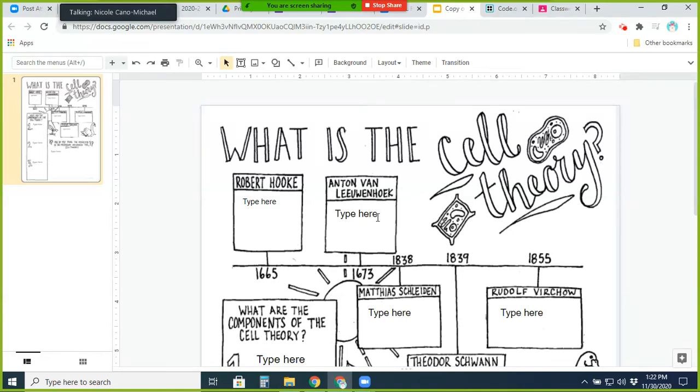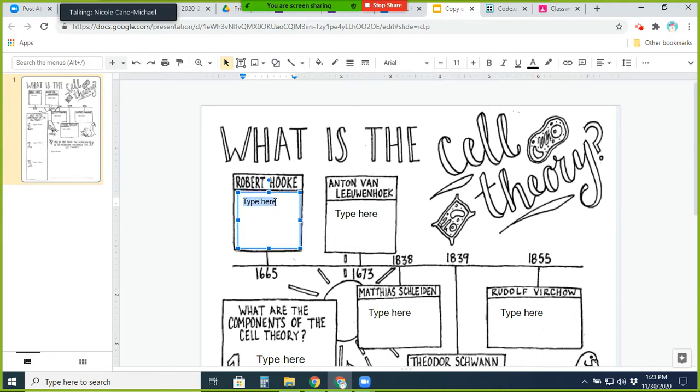Okay, so the beginning of cell theory starts in 1665 with Robert Hooke. Robert Hooke was using one of the very first types of microscopes. It was not very sophisticated, and you could not see a whole lot of detail with it. But it was enough detail for him to be able to observe cells. In fact, he was looking at a plant cell, and so he used a microscope